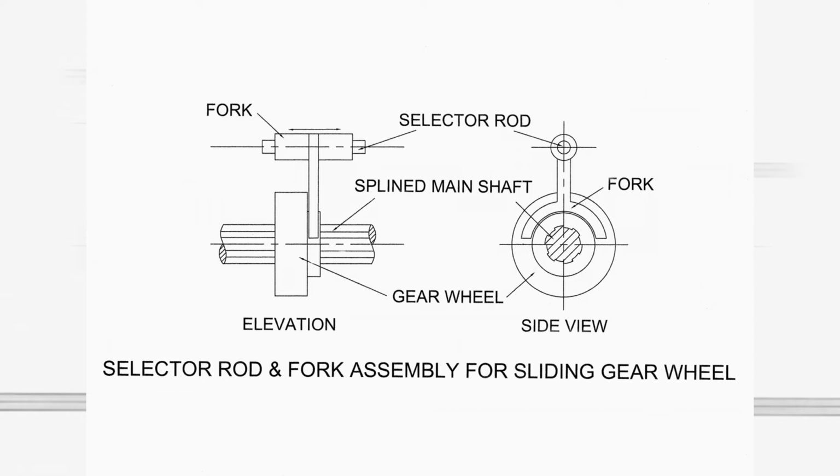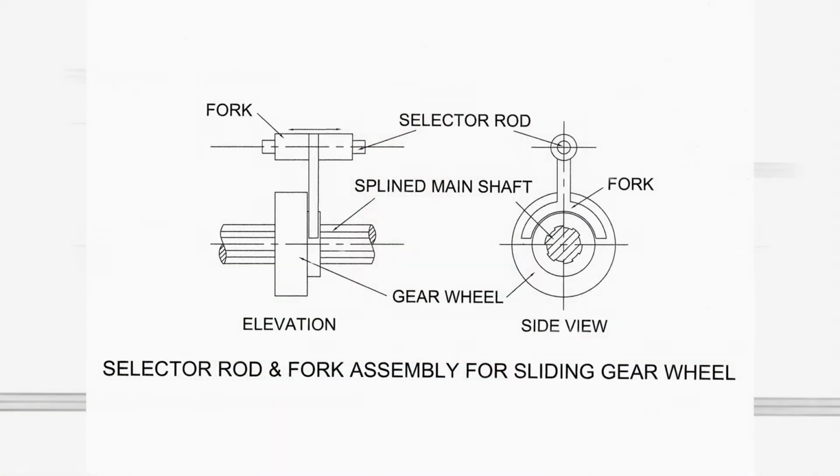Also, it may be noticed that fork is located towards the central portion of gear wheel. It may be realized that it is safe to exert pushing force in the central portion of wheel. If this force is exerted in the outer portion of the wheel, it may damage the wheel. Secondly, the shape of fork is such that it exerts pushing force in a large area that is located in the middle part of wheel. This makes pushing of wheel smooth.